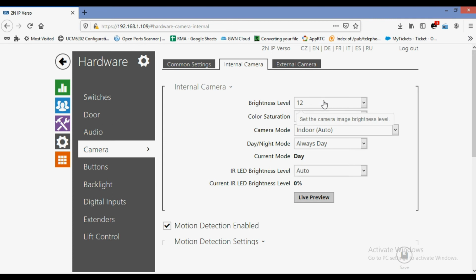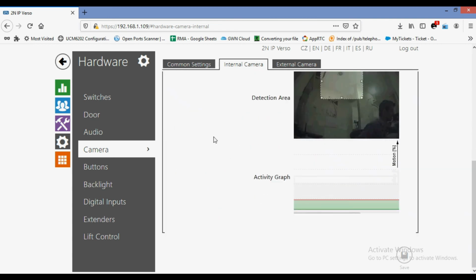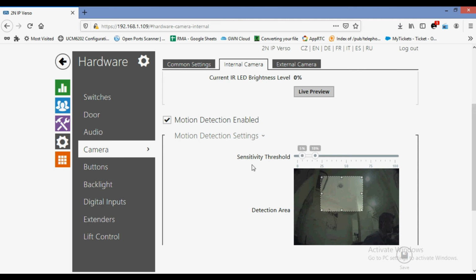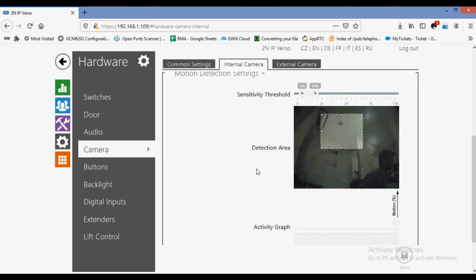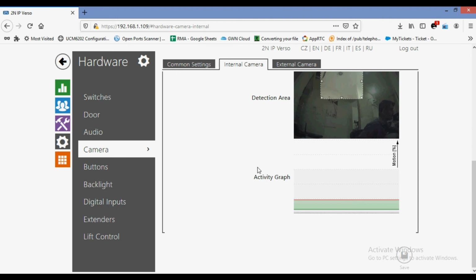Internal camera settings include brightness level, color saturation, camera mode, day night mode, and motion detection. You can also enable motion detection on this, and whenever there is any motion in front of its camera, it will give you an activity graph as this red indication.